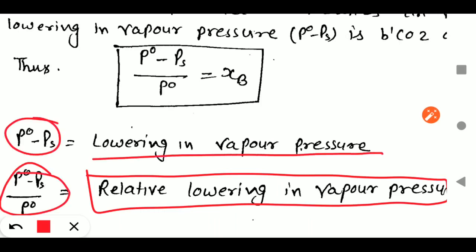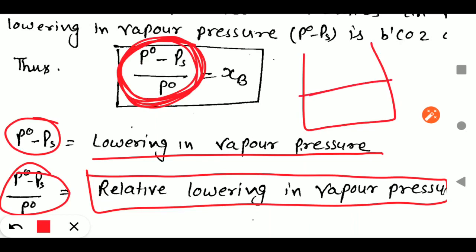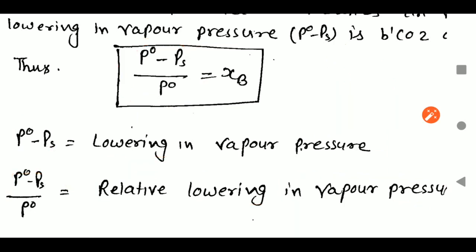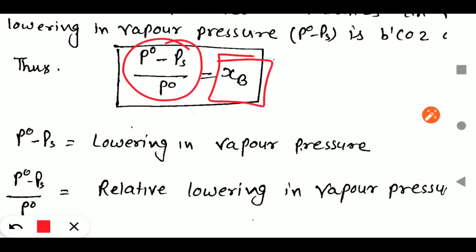This is lowering in vapor pressure. So students, relative lowering in vapor pressure is a colligative property, and it will depend on what amount of solute is being added to the pure solvent. कितना solute मिलाया जा रहा है स्टूडेंट, जितना ज़्यादा solute मिलाया जाएगा उतना ही ज़्यादा सरफेस कवर हो जाएगा, और वाटर के मॉलिक्यूल को बाहर आने में बहुत ज़्यादा प्रॉब्लम होगी, और उतना ही ज़्यादा प्रेशर कम हो जाएगा. मीन एवरीथिंग दैट इज रिलेटिव लोवरिंग इन वेपर प्रेशर इज डिपेंडिंग अपॉन द अमाउंट ऑफ सोल्यूट